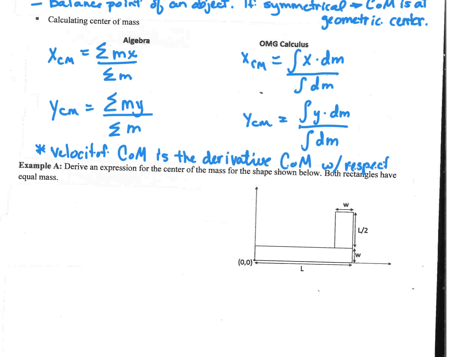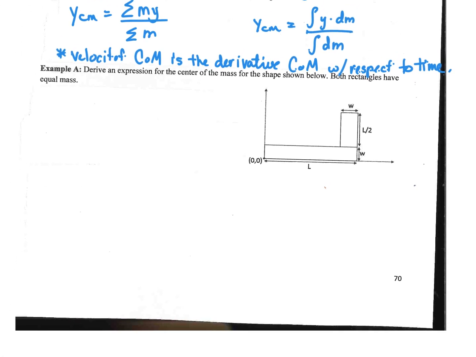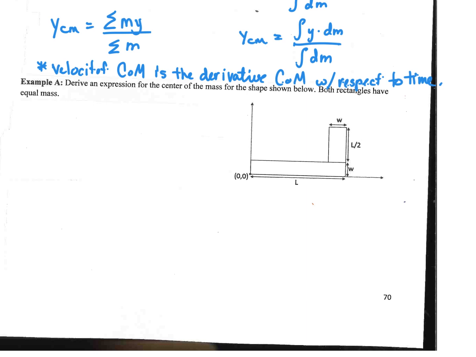Okay? It says derive an expression for the center of mass for the shape shown below. Both rectangles have equal masses. Okay, so this is one of those where, since they are fairly easy geometric shapes, we can look at each one of them separately. We can do this algebraically. It's not an odd shape. If it's not an odd shape, you can use algebra. So